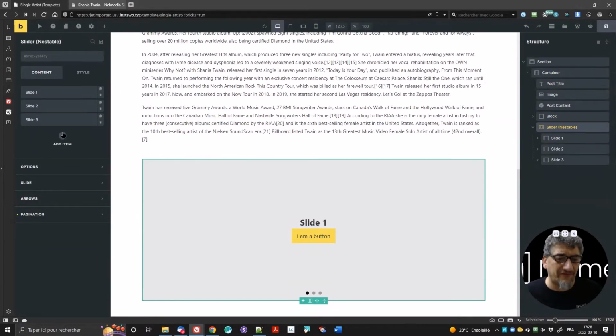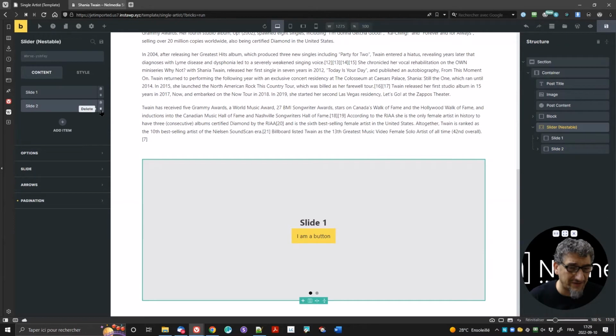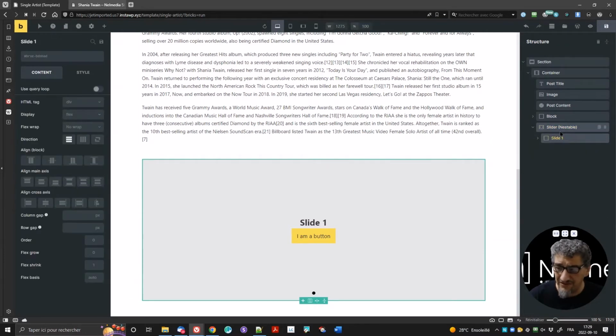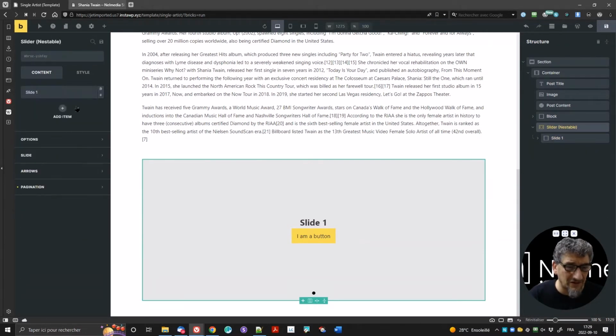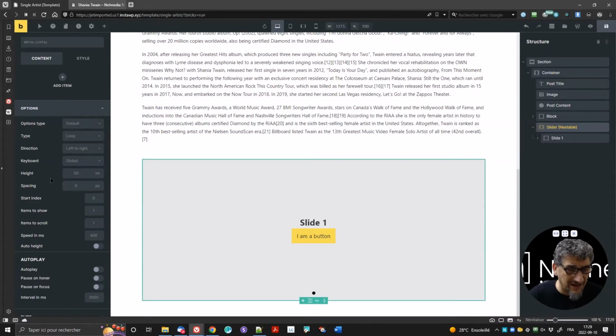Now, by default, we have 3 slides, but we don't need that because now we're going to use dynamic data. So we will need to have the number of slides required to show all our dynamic data. So we don't know how many. So let's get rid of the other 2. And unfortunately, always go back to the slide after that, but we'll need to go back here to the slider. So let's keep just 1 slide for now. And the options, I'm going to set that to be,